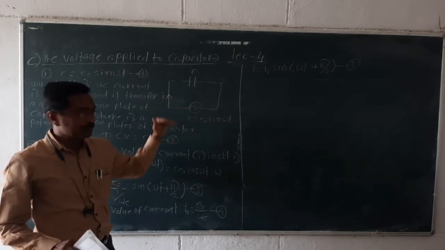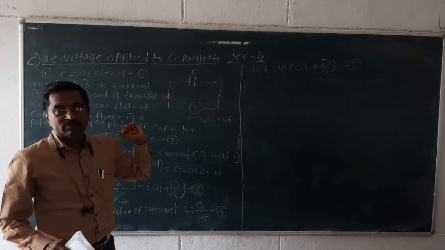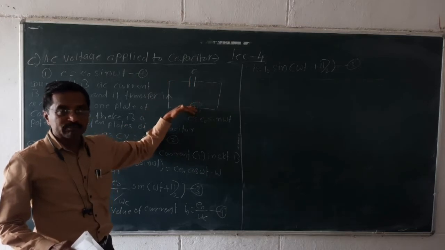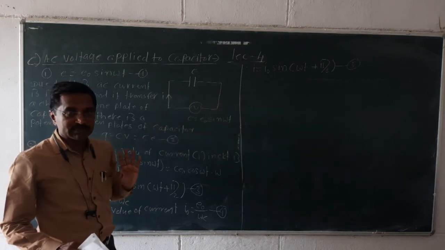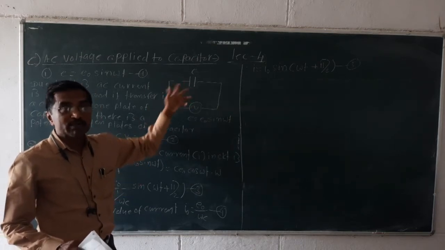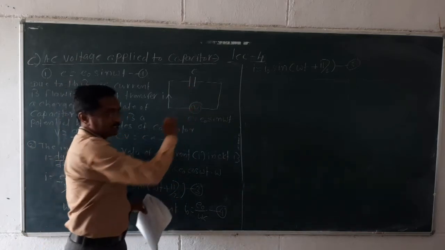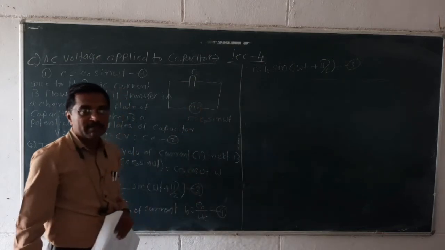In each case what do we do, after applying AC voltage, due to that the AC current that will flow, we find the relation between the alternating current and alternating voltage. It means there is a phase difference or no phase difference, and if there is a phase difference, how much phase difference. Okay, so see, AC voltage is applied to the capacitor, the capacity of this capacitor, that is C.